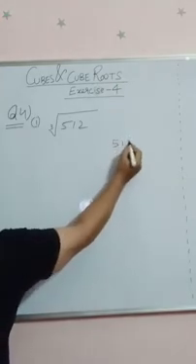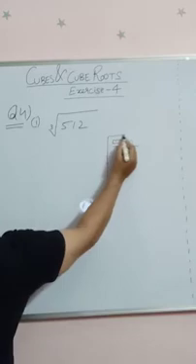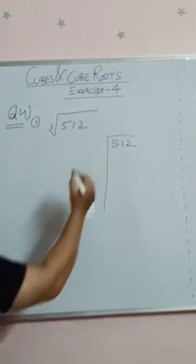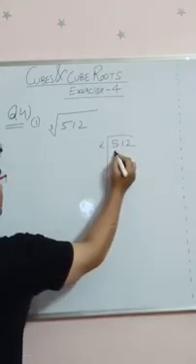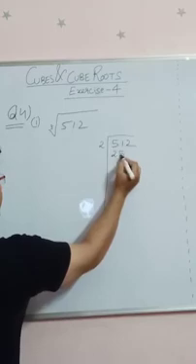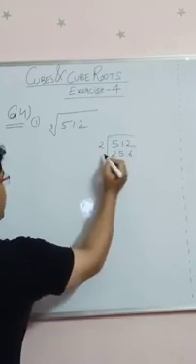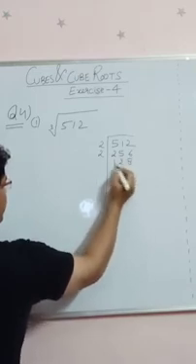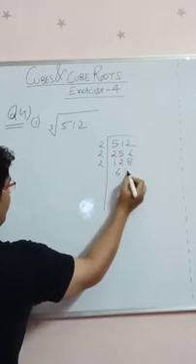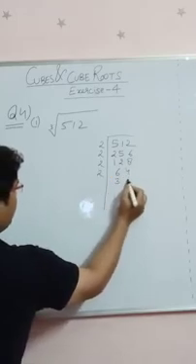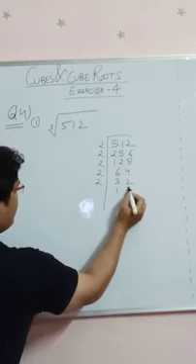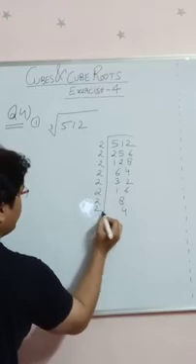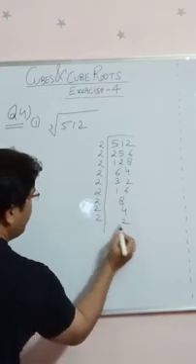So we have 512, finding the prime factors. Since we have 2 in the unit place, which is an even number, we are going to begin with 2 as the prime number. 2 2s are 4, 1 is left, 2 5s are 10, 1 is left, 2 6s are 12. Again 6 is an even number, so we are going to continue with 2. 2 1s are 2, 2 2s are 4, 2 8s are 16. Again 2 6s are 12, 2 4s are 8. 2 3s are 6, 2 2s are 4, 2 1s are 2, 2 6s are 12, 2 8s are 16, 2 4s are 8, 2 2s are 4, and finally 2 into 1 is 2.